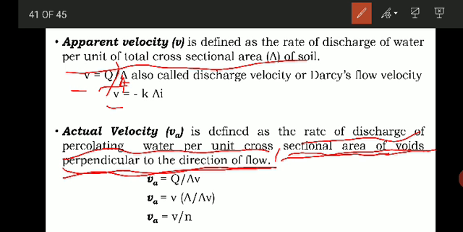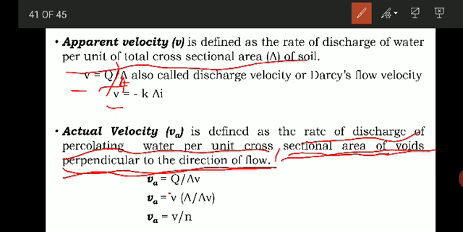So according to this definition, Va, the actual velocity, is equal to Q, the discharge of the percolating water, divided by Av,